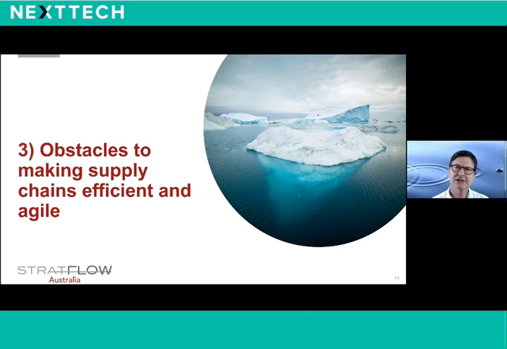So if the supply chains often provide the competitive edge, and we are aware of this, why is it so difficult to make them resilient and agile and get them to behave like Zara's vertically integrated example? We at Stratflow believe that the fundamental problem is actually one of company culture and belief systems. And in the remainder of this talk, I'm going to look at the role of management paradigms, the effect of the resulting efforts to optimize all the parts of the business, and how this inhibits what technology such as SAP can provide. And finally, we will look at a productivity platform that can alleviate these problems.